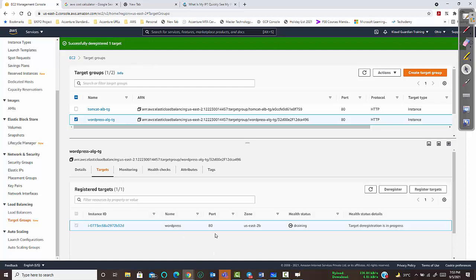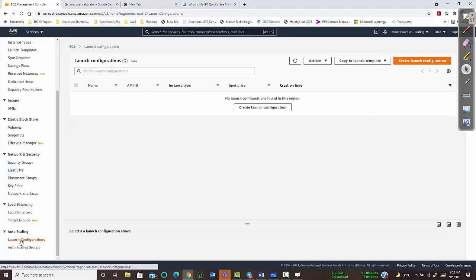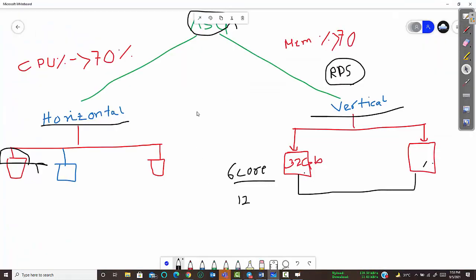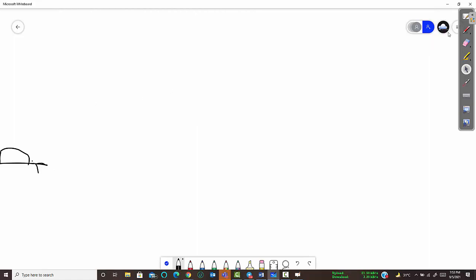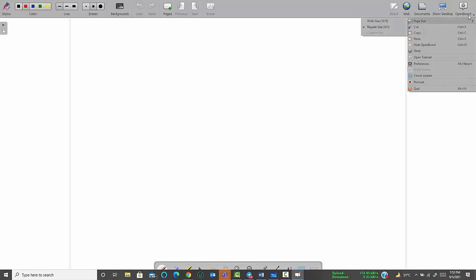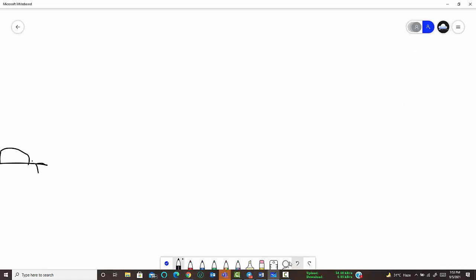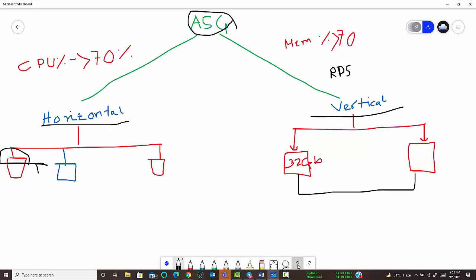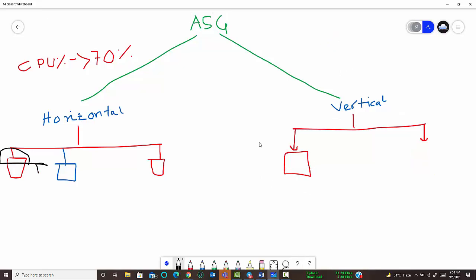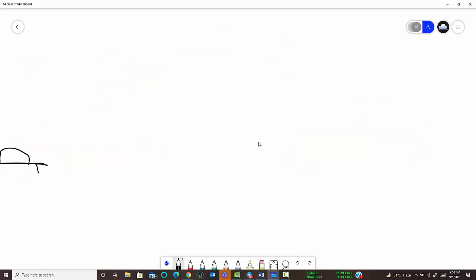Let the deregistration take some time. Now the main thing of an auto scaling group. In order to define an auto scaling group, the first thing that we need to define is an LCT, or launch configuration template. Launch configuration template is actually the configuration file with the help of which